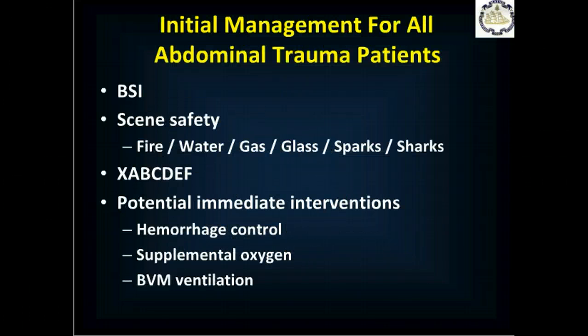Any abdominal trauma patient, your initial assessment: body substance isolation, scene safety, make sure nothing's going to kill you, control exsanguinating hemorrhage, assess and manage the airway, breathing, circulation, assess them neurologically. An abdominal injury can injure the spine, and you can end up with lower extremity injuries. In addition, an abdominal injury can injure the aorta, the big blood vessel that runs from the heart down through